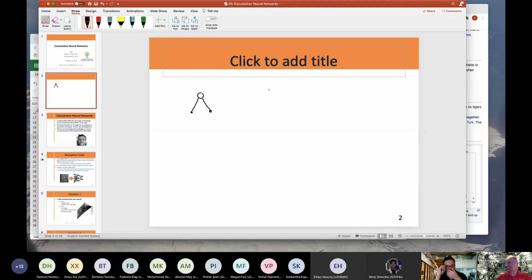So let's assume that we've got a classification problem that's kind of like this. This is class A and this is class B, and we want to separate those two. We know that this simple little neuron with no hidden nodes, the best it can do is something like this, so it doesn't do a very good job.